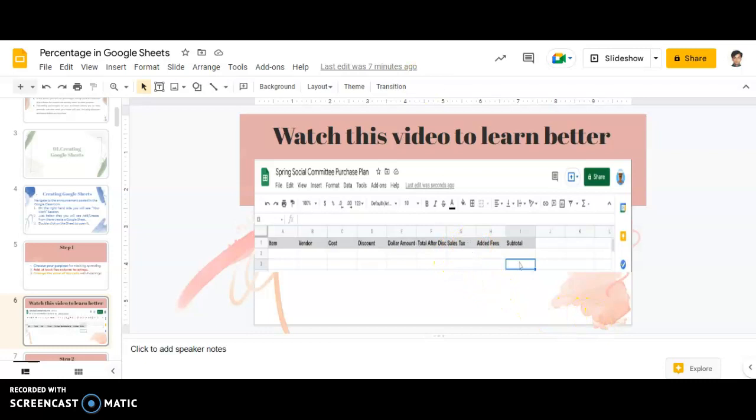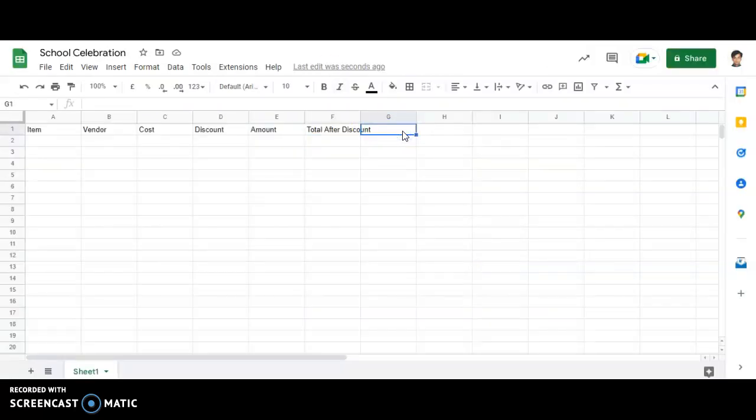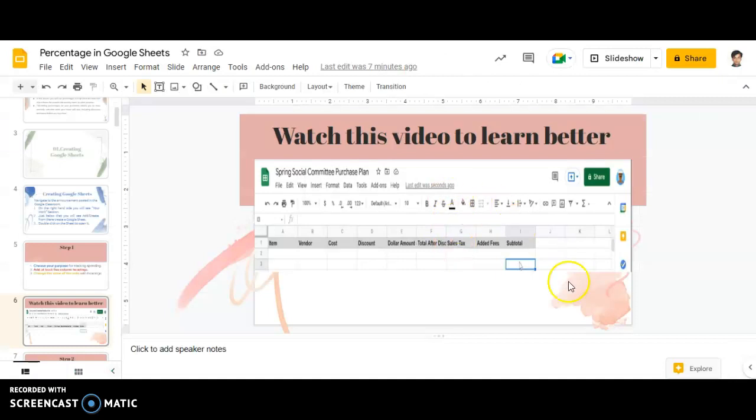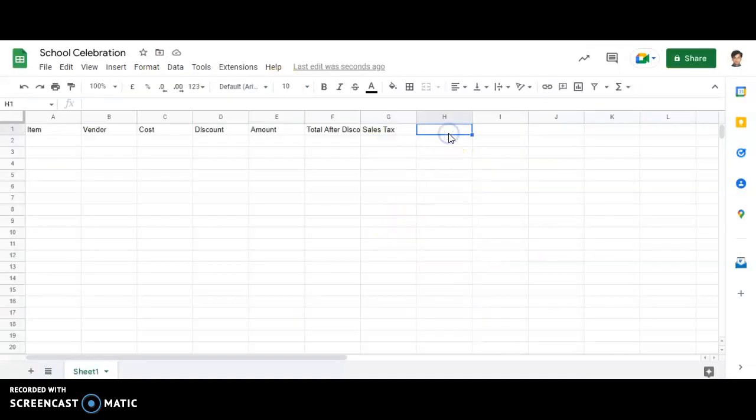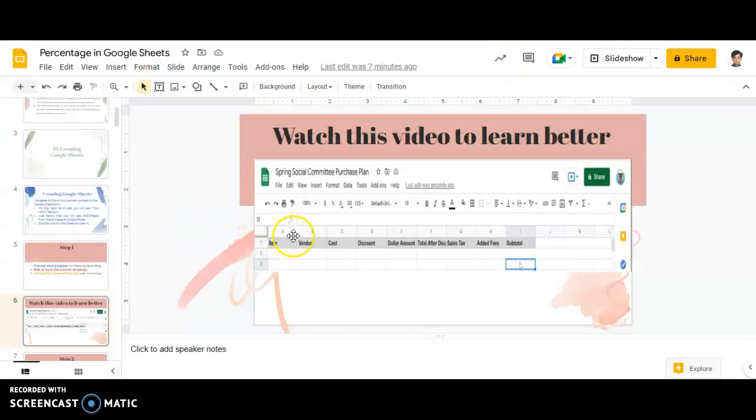Sales tax is given in G1. So in G1, I will be typing sales tax. Every now and then we are aware that in India also we are required to pay certain taxes, that is VAT, GST, added fees and subtotal. So it is added fees and subtotal. So the first part is done. I have created only a Google Sheet with certain headings over here. Now, if you see over here,